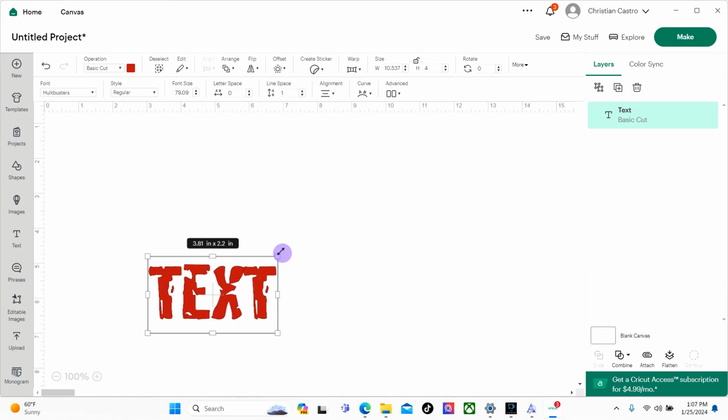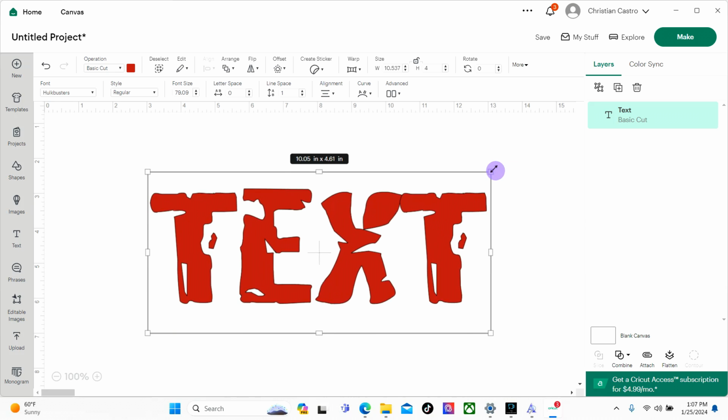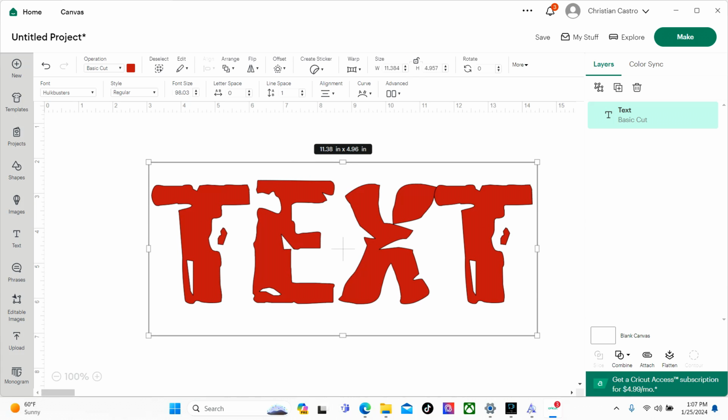Now we have full free range, and this is what we want sometimes when you need to get that perfect size. So you have to keep this locked and unlocked. So make sure you guys are clicking that when it's time to use it, right? Okay. Now